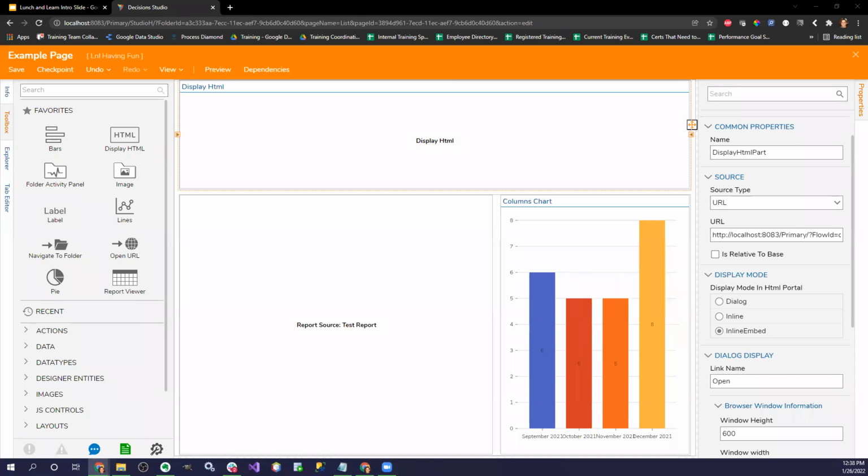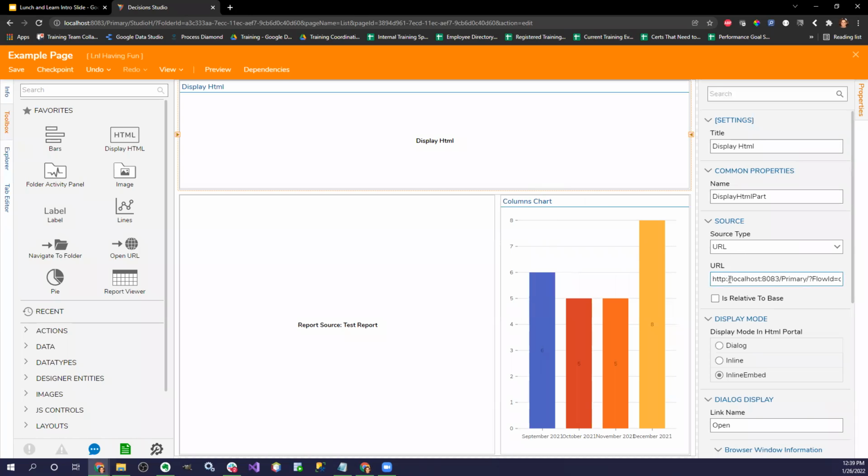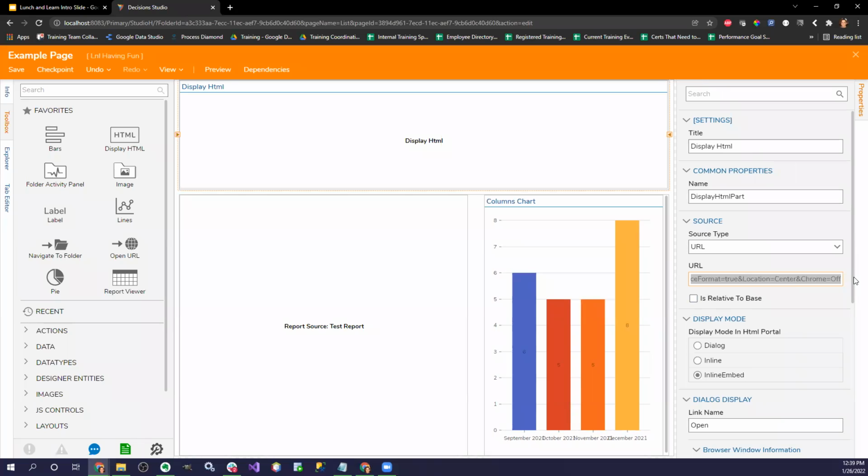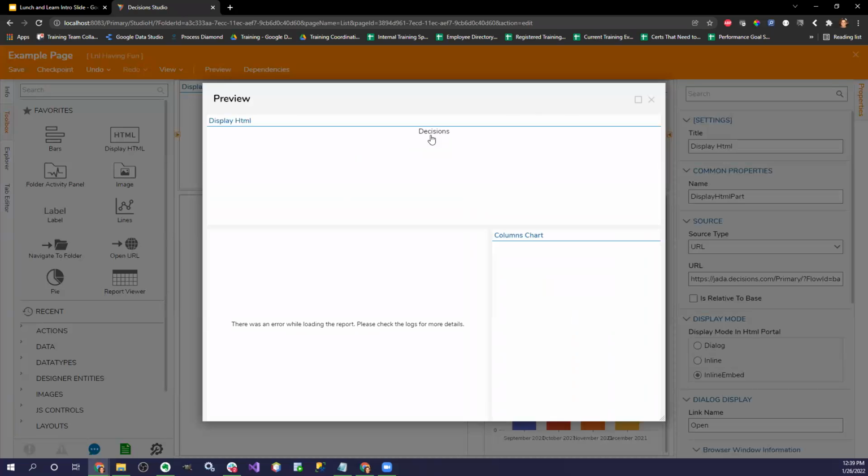Done, view. I'm going to do this based on a name session. Display settings, center. Okay, perfect. Now, I think I got it. So now instead of using my localhost, because I think that was the issue, it kept looping and calling itself, and it was just causing issues. So now I'm going to use a different server. I created the exact same flow. And now I want to see if this will appear or run.